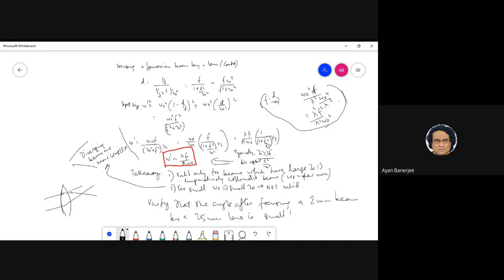So you have 1 plus f square plus w0 square. So we basically made the approximation over here by saying that the focal spot will be at f. Correct. And in the second part, we made the approximation that z naught is much larger than f. These two approximations kind of give us the same result, although they are very different approximations. Yes, that is actually very true.